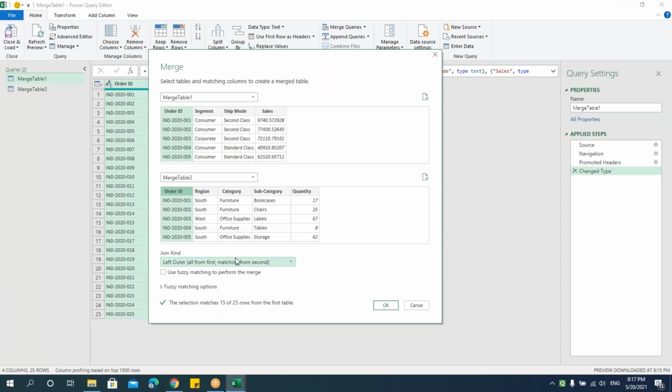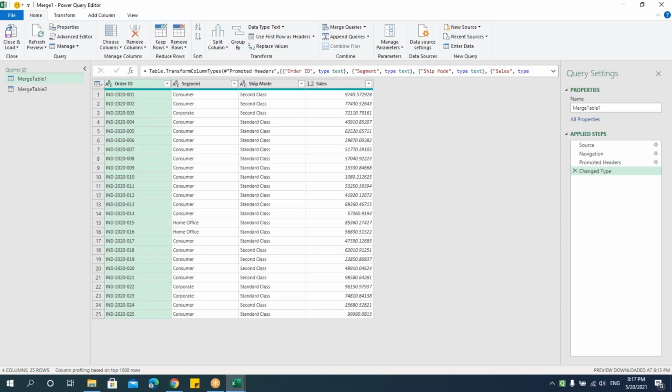When I'm actually creating the relationship, or say we are merging the data, there are 6 different ways where I can merge. We'll work on all these 6 types. Let's go and select first with the inner join. So when I say inner, this will connect between these two tables, but only the matching records will be taken. We know that there are only 15 matching records. So when I'm taking this as inner join, it says only matching rows will be taken from both the tables.